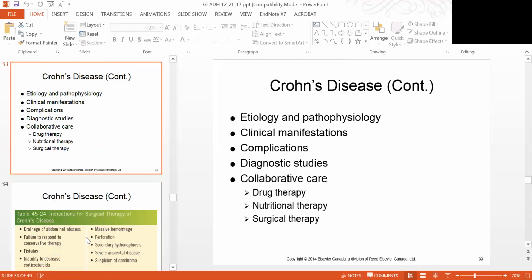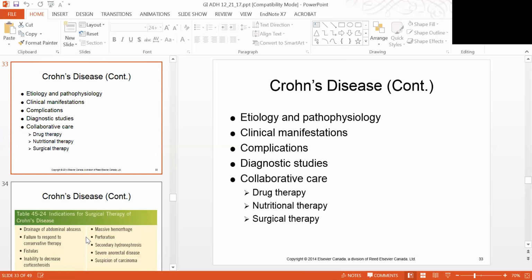So Crohn's disease. Moving along to Crohn's disease, it is another chronic IBD of unknown origin that can affect any part from the mouth to the anus. So it can be anywhere in the GI tract. It equally affects both men and women. And Canada actually has the highest rates of Crohn's disease. So the etiology of Crohn's disease. What did I want to mention about Crohn's disease? It's very similar to